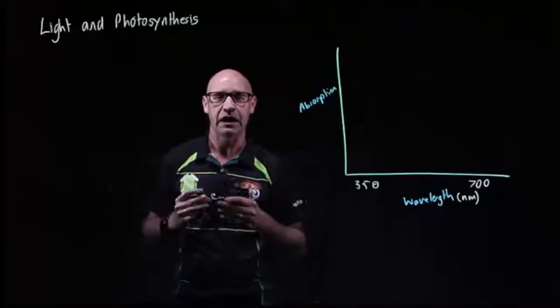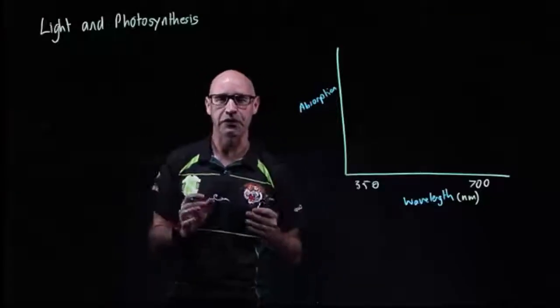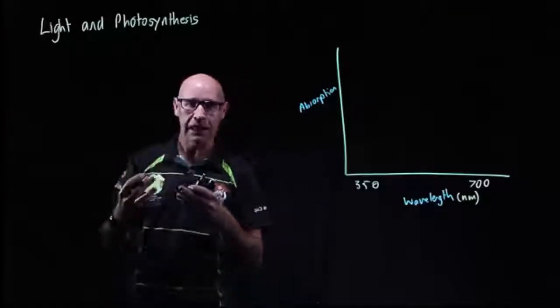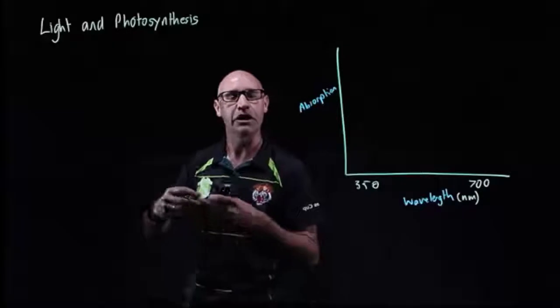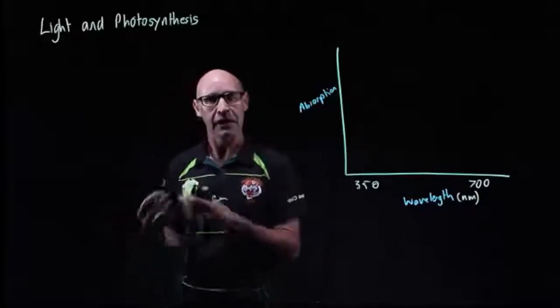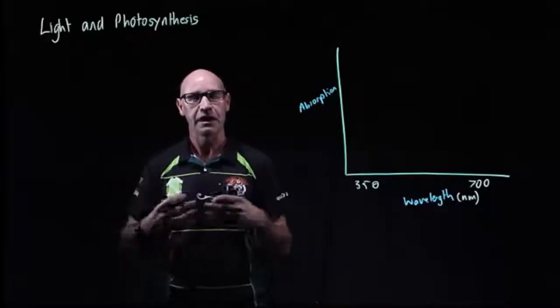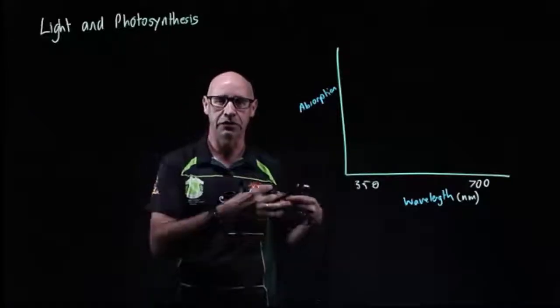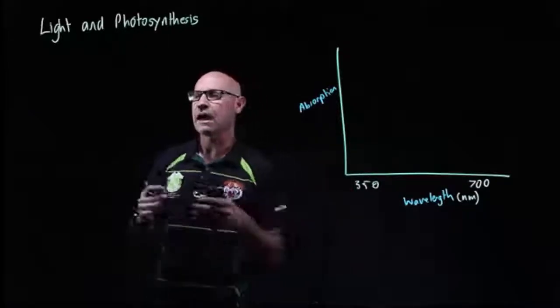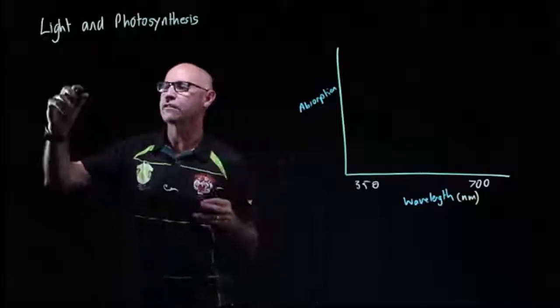Photosynthesis, of course, is a very complex process in which plants and other producers convert inorganic materials, carbon dioxide and water, into organic materials, glucose. And we can summarize that reaction: